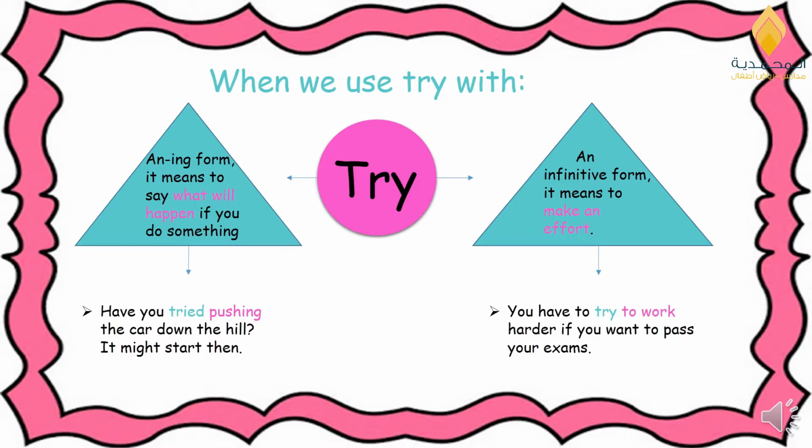If you look over here, okay, you will understand that she is telling us in this sentence, you have to try to work harder if you want to pass your exams. You have to make an effort to pass your exams. Clear? So, when try is followed by an ing form, it means what will happen if you do something. But if you use an infinitive form, it means that you have to make an effort to have something or to do something. Okay,